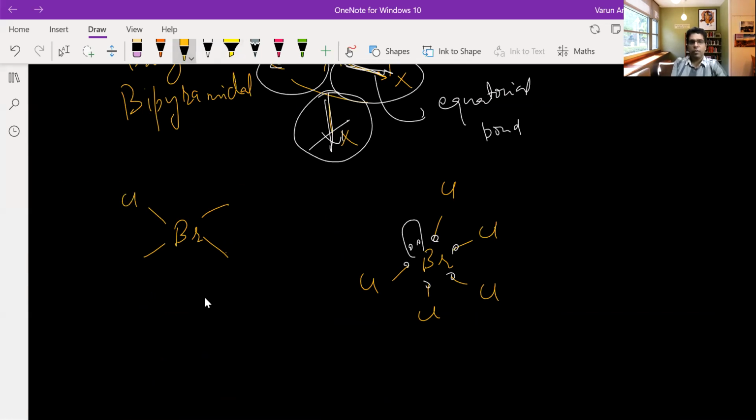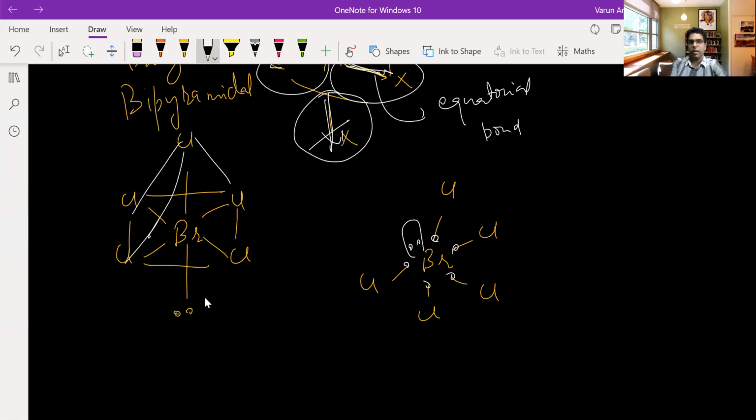and there will be 4 chlorine atoms at the corners of a regular square, one chlorine atom at the top, and one lone pair. So this shape is known as square pyramidal. The square is at the base and this chlorine atom forms a pyramid at the top. So a pyramid with a square base, that is square pyramidal. So this is an AX5 type of molecule with one lone pair. Example is BrF5 or BrCl5. So the shape is known as square pyramidal.